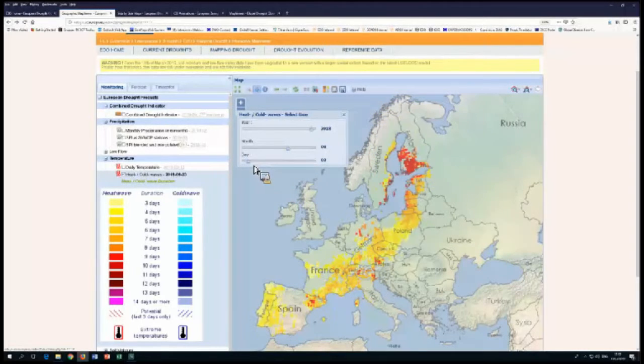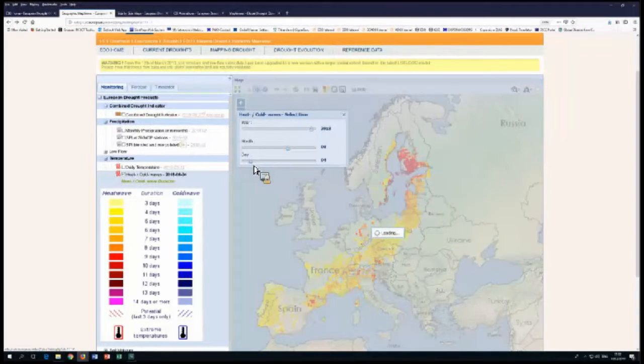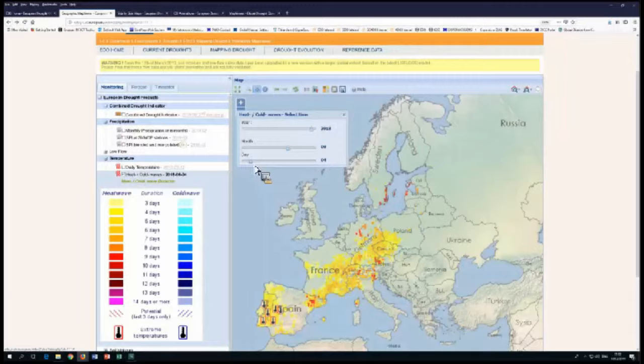So in this case, we can see how over Finland there were more than 10 days with temperatures that were well above the usual extreme high temperature for that area. And then we can see the temporal and spatial evolution of this index by just changing the date. We can see quite well how the heat front moves down, also to the Mediterranean